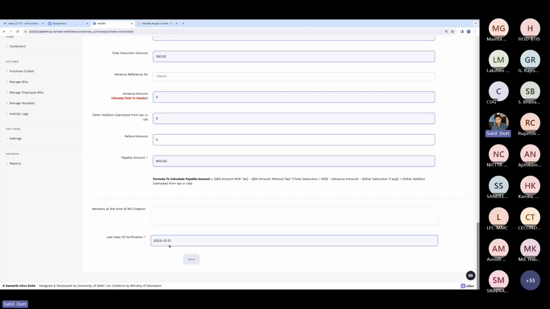As you can see, the last date of verification is also 21/12/2023 here. This date is for the vendor. It is configurable whether the institution wants to send the link to the vendor or not. This step is not mandatory, so it can be removed on the request of the institution. If the last date of verification is here, an email will be sent